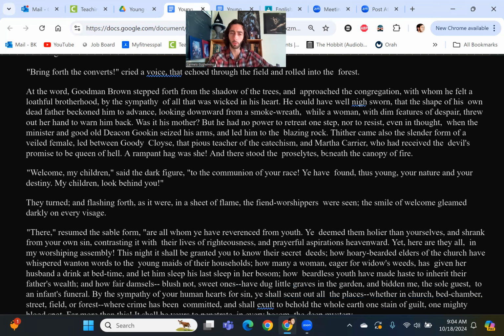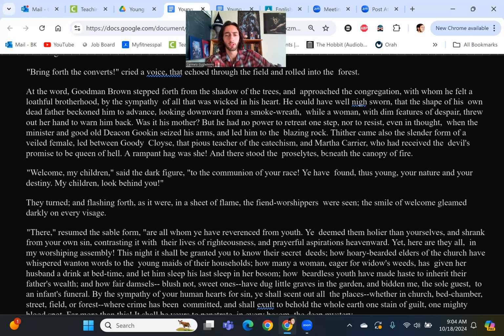Okay, so he kind of sees figures that look like his father, kind of edging him forward. And then what? "While a woman with dim features of despair threw out her hand to warn him back. Was it his mother? But he had no power to retreat one step nor resist." Okay, so it's like this vision of his mother kind of telling him, no, no, no, don't do this,